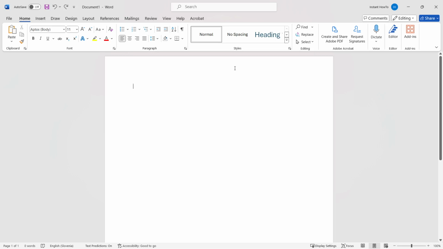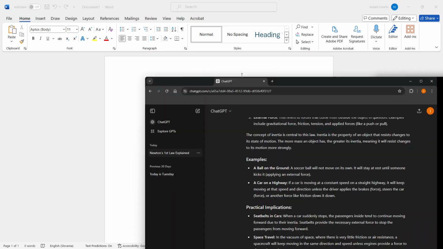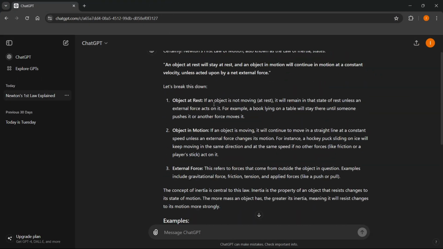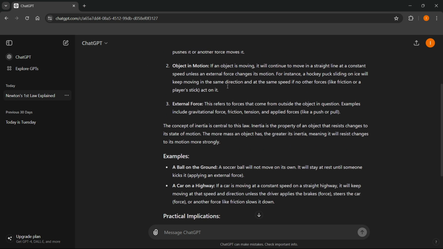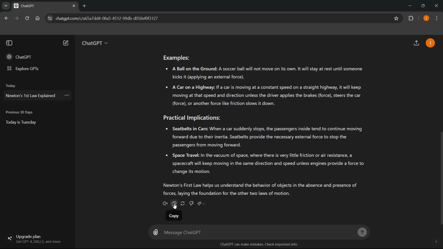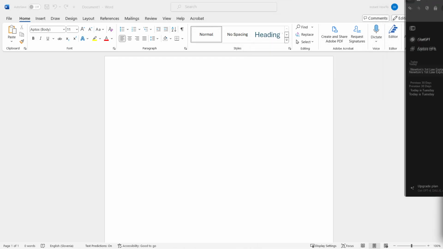In this video, I'm going to show you how to copy from ChatGPT to Word. Now, I have ChatGPT pulled up over here, and as you can see, I asked it to explain Newton's first law. Now if I click copy down here below the text, and if I move inside my